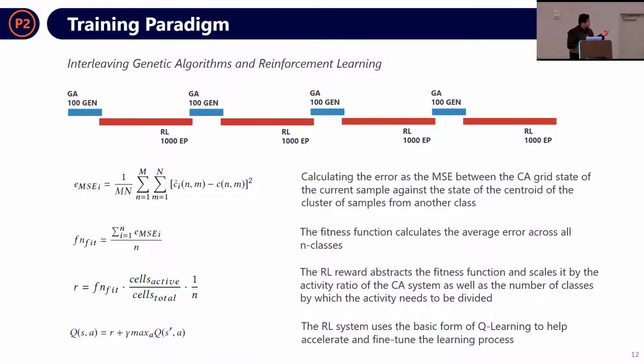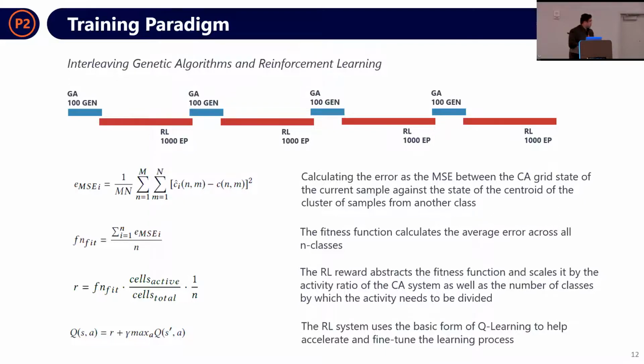We then use that to calculate our fitness function, which averages this across the total number of classes present. And then we scale that by the activity of the cellular automata. As you can see, we have the reward function over here, which is the fitness function, which is the error, multiplied by the total number of active cells divided by the total number of cells present on the matrix itself. That means you're scaling it by the amount of activity present on the board. So if there's very little activity, you have a really low reward function because you want to encourage more